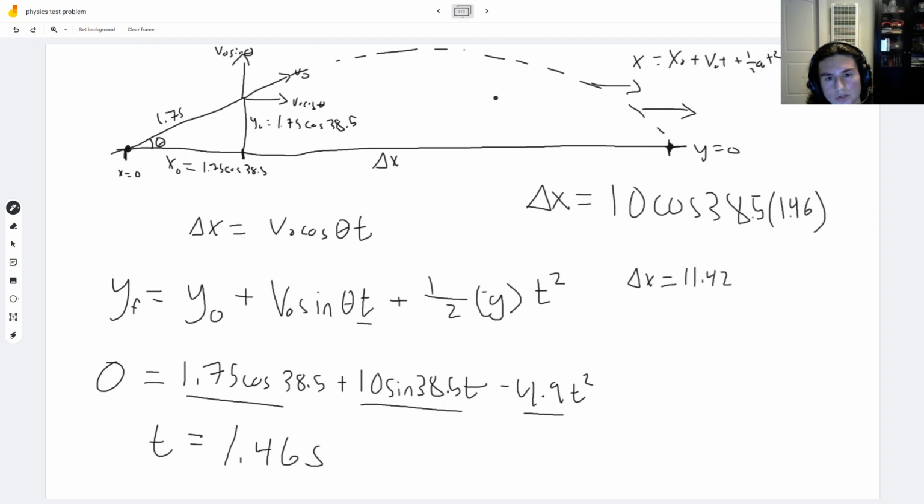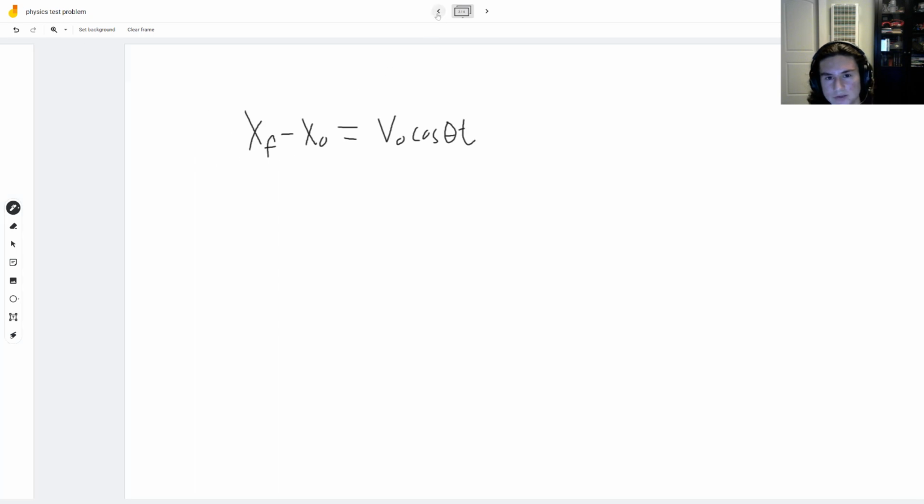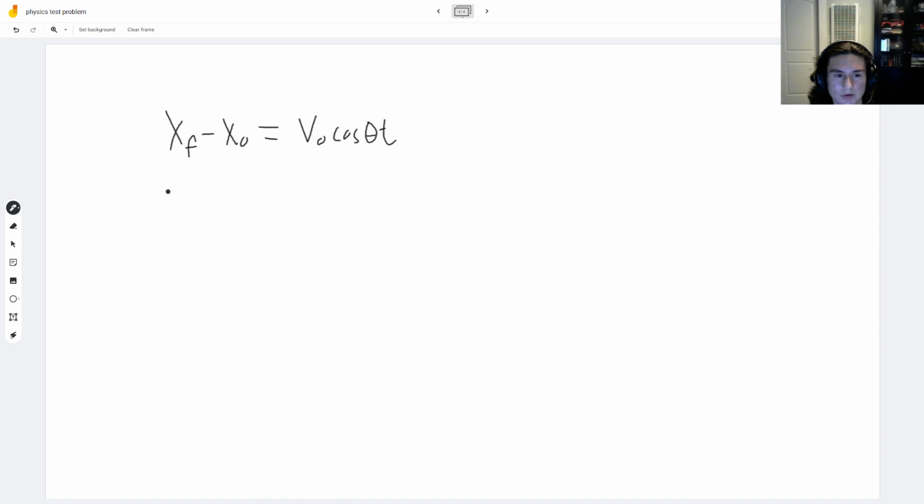So just to verify this, I'm going to set up an equation for x final. Basically, x final minus x initial is equal to v0 cosine theta t. I'm going to plug in our same numbers from there. We don't know what x final is, but we know what x initial is. So x final minus x initial, which we said was, I think, 1.75